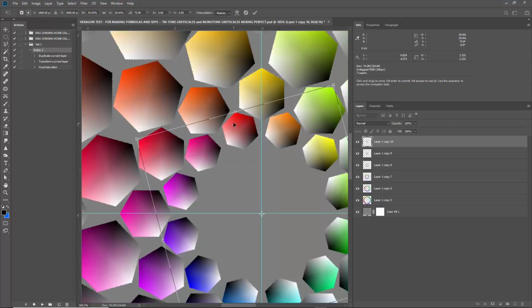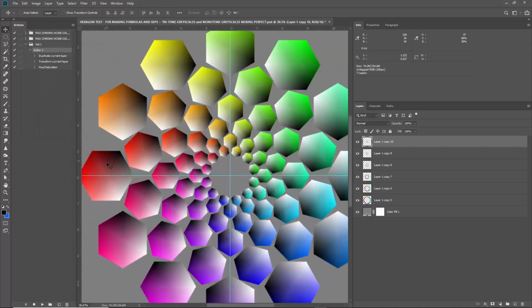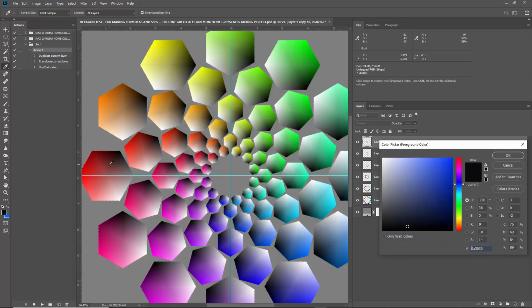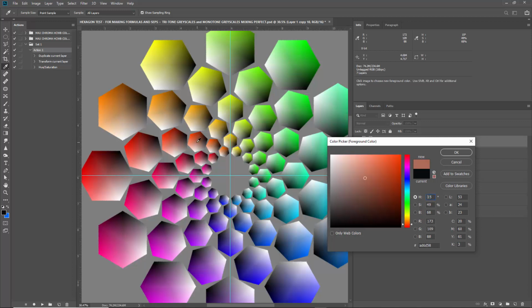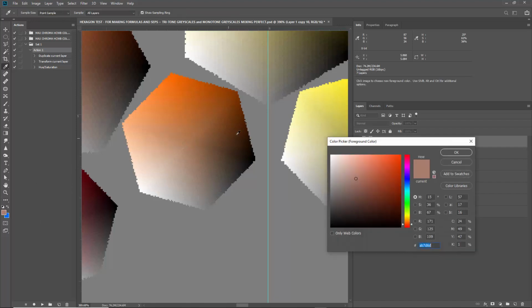Okay. Control U, 25. So now I've got these on the outside edge are every 30 degrees. And then if you follow the spiral in, we have 0 degree hue. Let's look at it with the color picker. 0, 5 degrees right there. 10, 15, 20, 25. And as long as you're in 16-bit, it shouldn't shift the hues around. If you were in 8-bit, it starts to shift the hues within all these tints and tones and shades. Let me just see. Yeah, for the most part, it all stays in 25